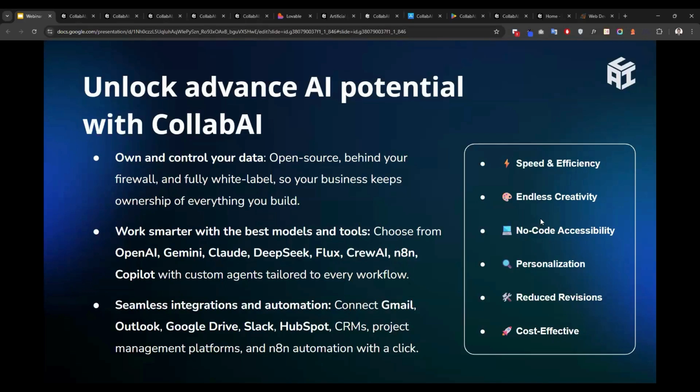And how will we help with efficiency? We'll save your time and give you endless creativity. Even if you are not a coder, you can get perfect results with our no-code accessibility service. You can personalize your assistant and your data,